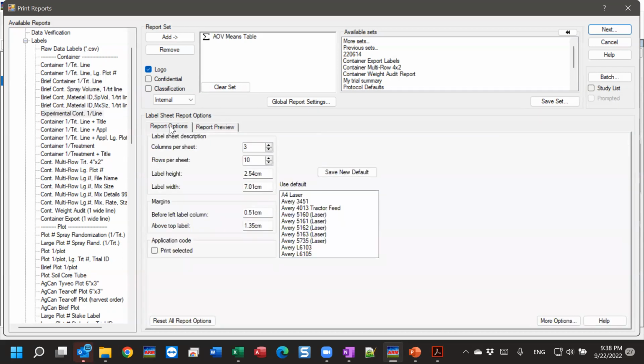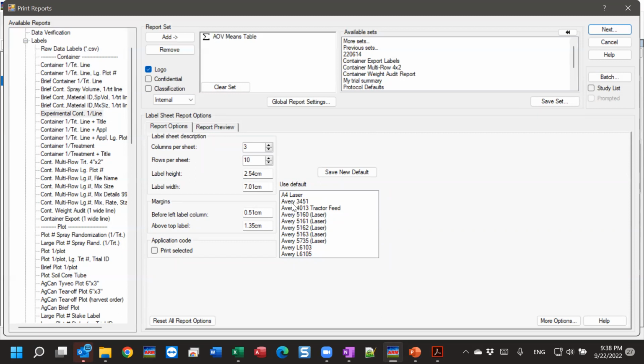So if I go back to the report options, in fact, it probably would have made more sense to do that first. We can define in ARM what the format of that label is: how many columns on our label sheet, how many rows are on this sheet, and then specifically the height, the width of each of those labels, and the margin. So that way we can get it exactly lined up to print onto your label sheet. And most label sheets should have that documentation with it, specifically these measurements. Some of them,